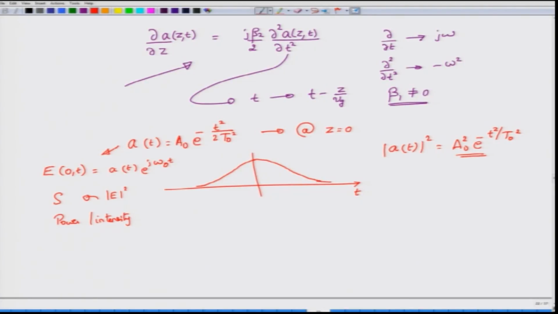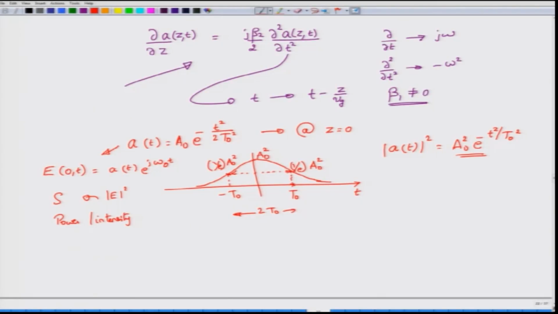Now, if I plot this one, at the origin I have a 0 square, correct, which is where the pulse goes to its maximum, and then at t equal to capital T naught, something interesting happens. So, let us say this is t naught, the pulse value would have dropped down to about 1 by e times a 0 square. Okay. So, again at minus t naught also you would have 1 by e times a 0 square, and if you are not too fussy about defining the width of the pulse, you can consider this distance itself as the pulse width, which is about 2 times t naught.